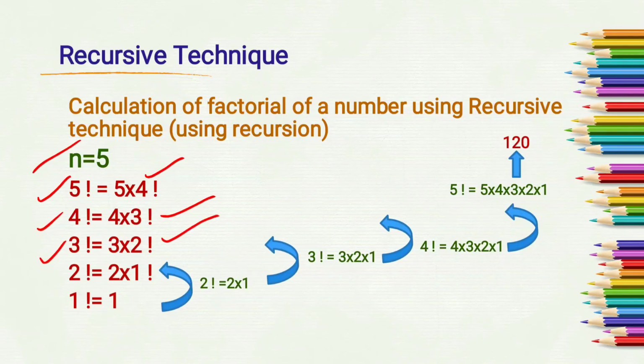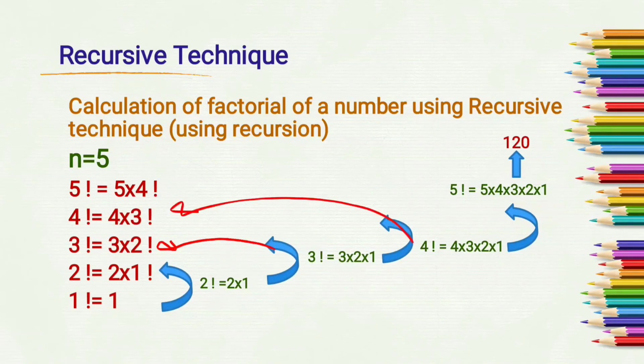3 into 2 factorial, and factorial of 2 is 2 into 1 factorial, and we know that factorial of 1 equals 1. Now what will happen? Factorial of 1 will be substituted in this expression. So this expression becomes factorial of 2 equals 2 into 1, and factorial of 2 will be substituted in this expression, and this expression becomes factorial of 3 equals 3 into 2 into 1,